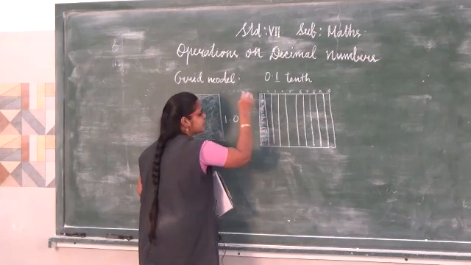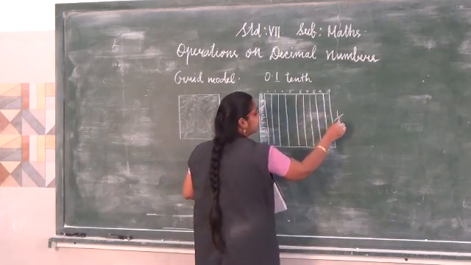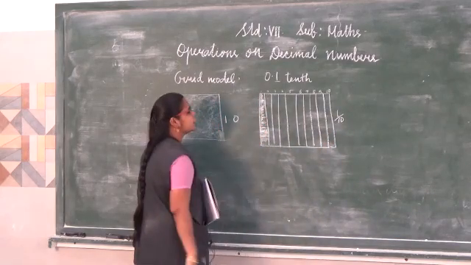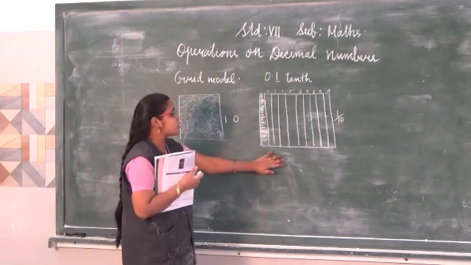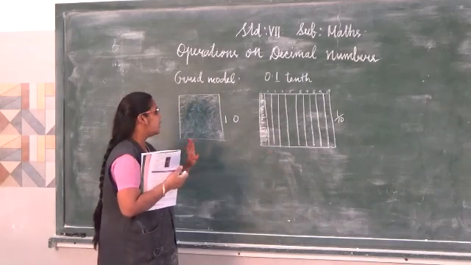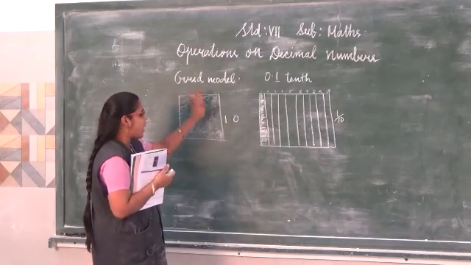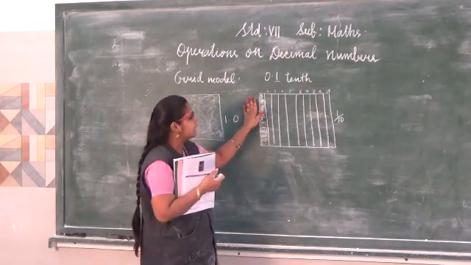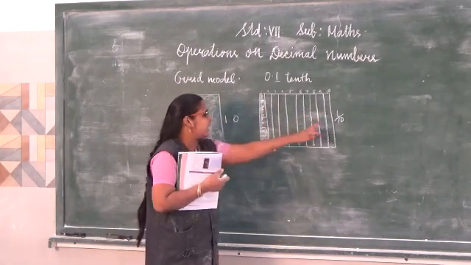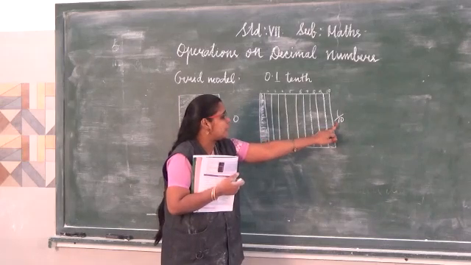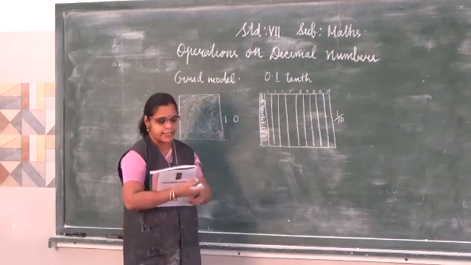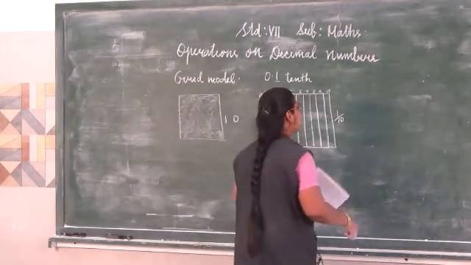If you shade this, it is 1 by 10. This is the way we show it in the grid model. This is the whole number part, one full whole. 1 by 10 means only one part out of the 10 columns. Out of the 10 columns, how much has been shaded? Only one part has been shaded. Then the next one is